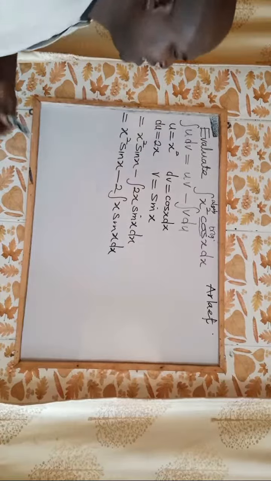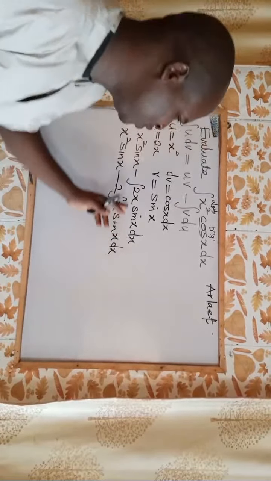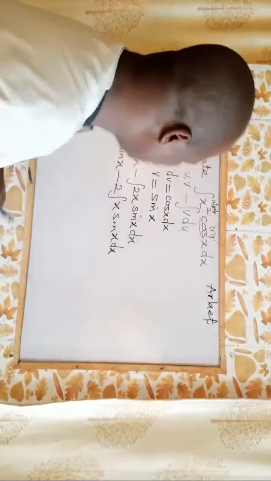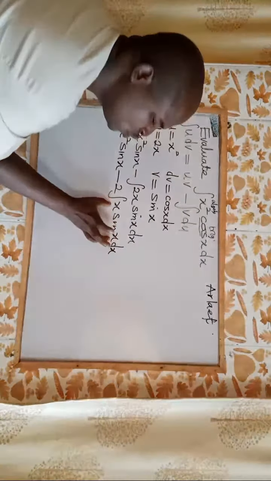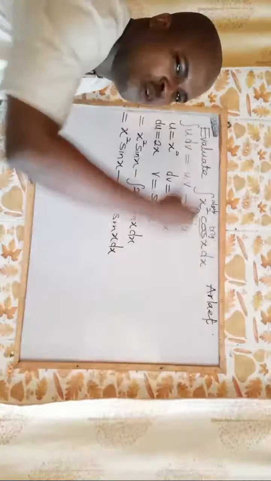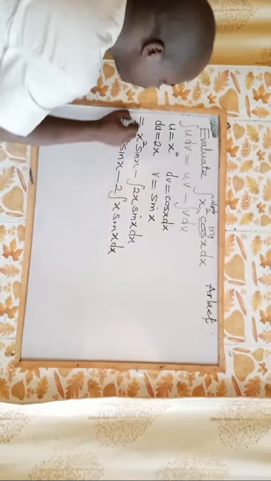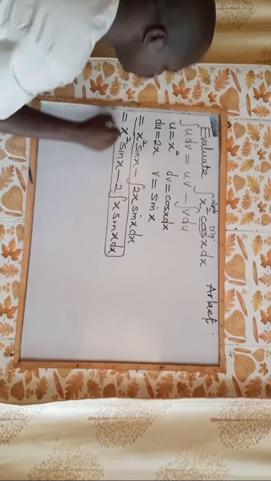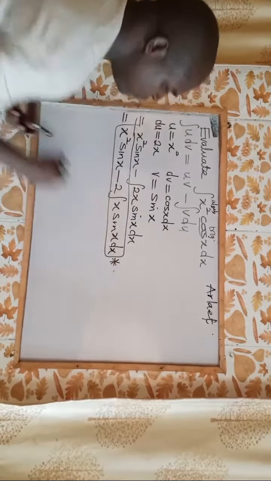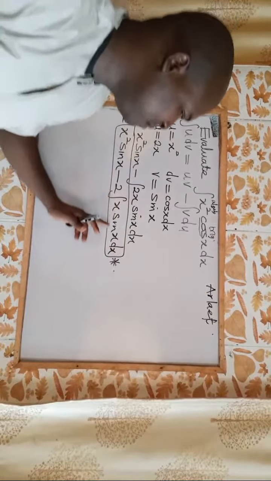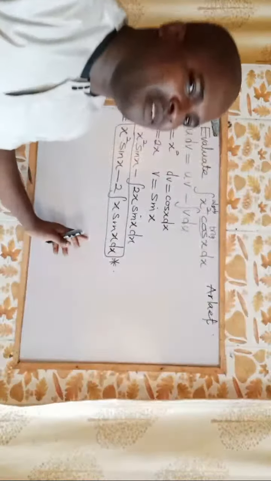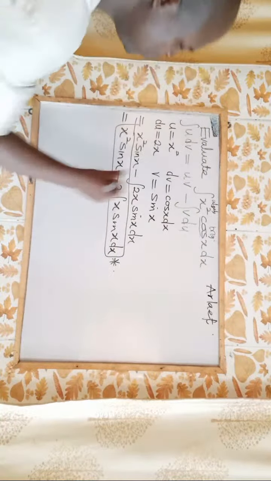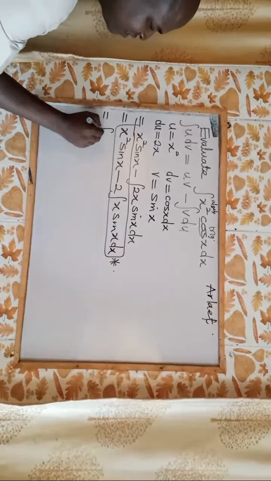As you can see, this integral we have here is now like the original question. So we need to move it out of this equation and solve it on our own. But before I do that, I can call this line equation asterisk, because I need to first simplify this. After simplifying it, I have to move the answer back to this equation. So from here, I have integral x